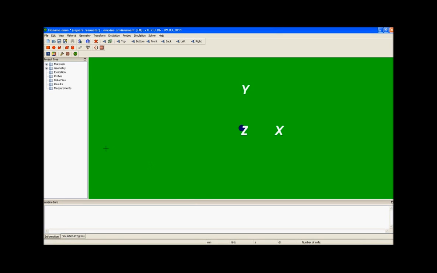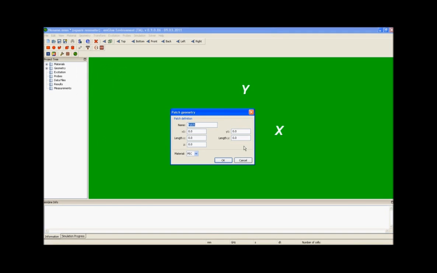The next step is to model the feed lines on top of the substrate. Therefore, go to the geometry, select patch, and then a patch geometry dialog box will open. Now provide the transversal coordinates. Again, provide a name, value of x1, y1,